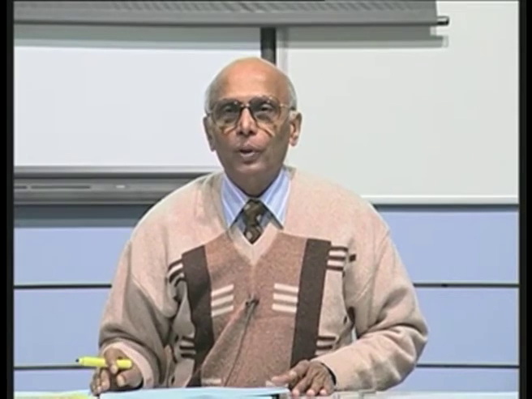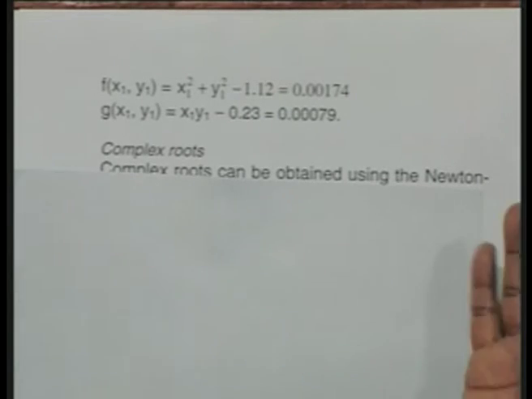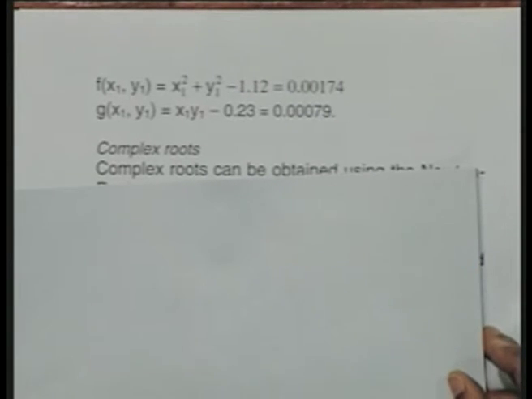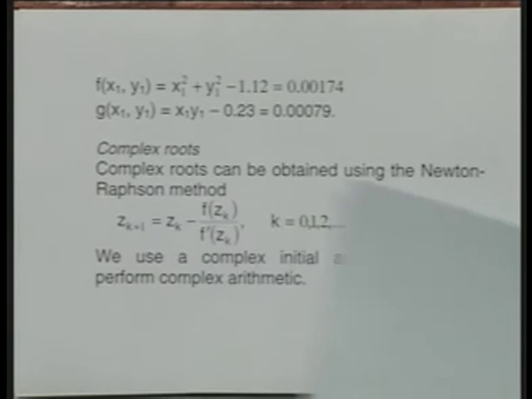We have all along talked of real roots, simple roots, multiple roots. Now how do you get the complex root? If you say you want to solve x squared plus 1 is 0, it has no real root, so they are all complex roots. How do you get the complex roots? All the methods we have done work, except you have to do complex arithmetic. You have to start with a complex initial approximation and do the complex arithmetic. Every method that has been done so far can be used.